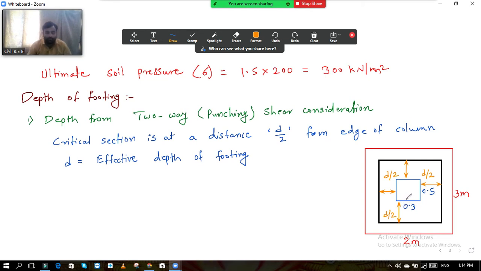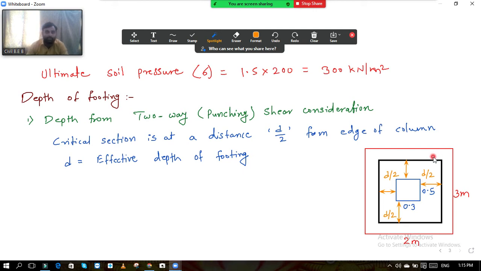So we know what the shear force is. So shear force Vu. Now see what will happen. When this column punches through this footing, this column alone will not get punched. This column will take this whole area which I have shown in this black ink along with it, and it will punch through this footing. That is the punching action.